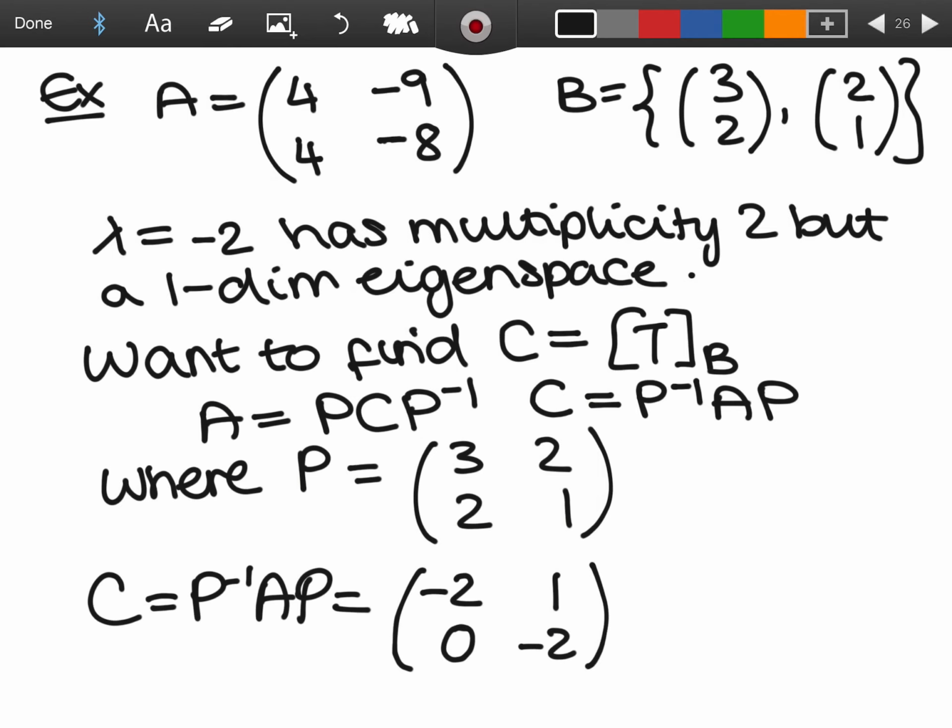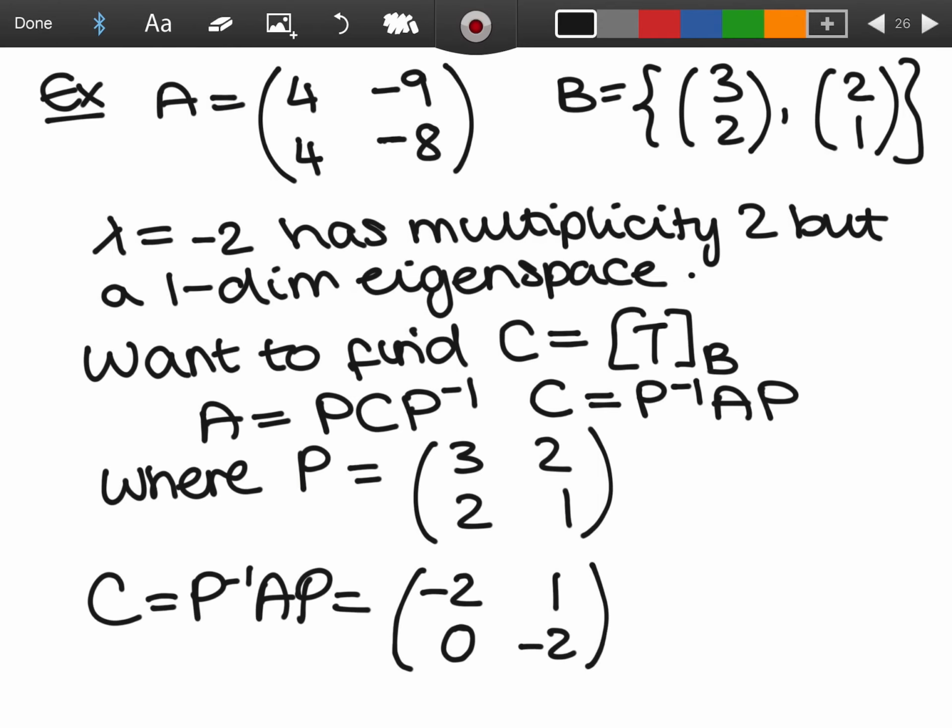Okay. This particular matrix, where we've done this transformation, is actually called the Jordan form of A, and it has the eigenvalues on the diagonal. Okay, we're going to talk more about these types of matrices later on, but the thing that I want you to take away from this example is that your B matrix for T, if A is diagonalizable, where A is the standard matrix for T, then that B matrix for T can be made up of that matrix D, where D is the diagonal matrix made up with the eigenvalues on that diagonal. Okay,